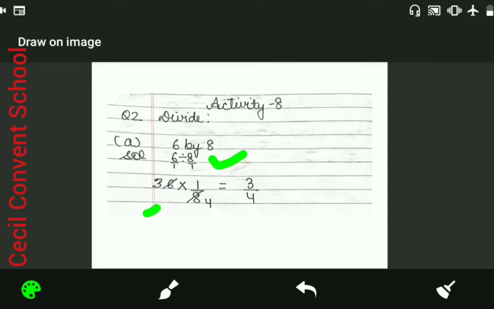Clear? Now, after this, it will become the same as activity 6. Means one number you have to see from the numerator and one number from the denominator. Clear? And these two numbers both should come in one table. Means 6 and 8 should come in one table. Will you please tell? 6 and 8 come in which table? It comes in the 2 table. 2 3s are 6, so I will cut 6, and 2 4s are 8, so I will write 4 down. So the answer will be 3 1s are 3 and down 4 is written. So the answer will be 3 by 4.